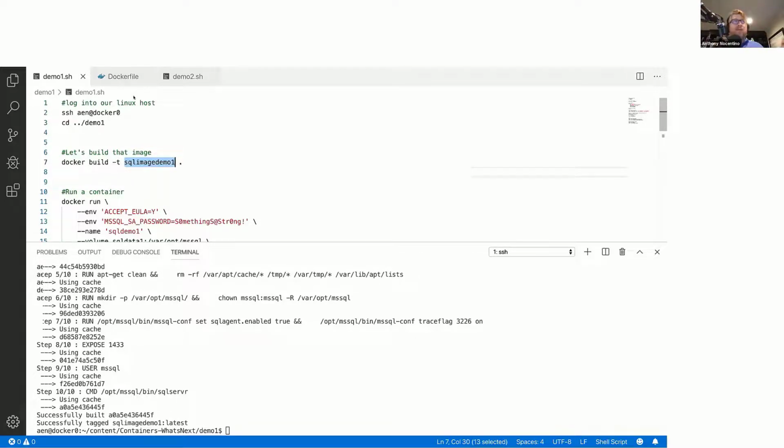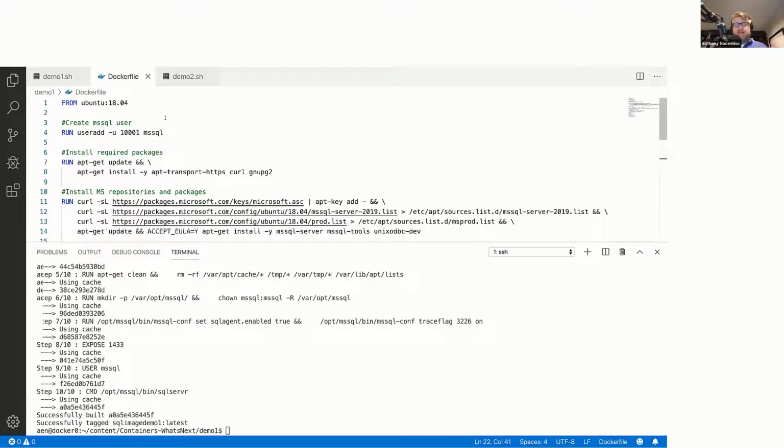What did I just build? Let's check that out. So we'll walk through the details of this Dockerfile, but it's the process that I just described in the presentation. We start off with configuring the environment. Our base image is going to be Ubuntu 18.04. So we're going to have an 18.04 image, and anything that we do after this is going to be built on top of that. And so that's what we're configuring. We're going to add a user. So here's the syntax to add that mssql user with a fixed user ID of 10,001.